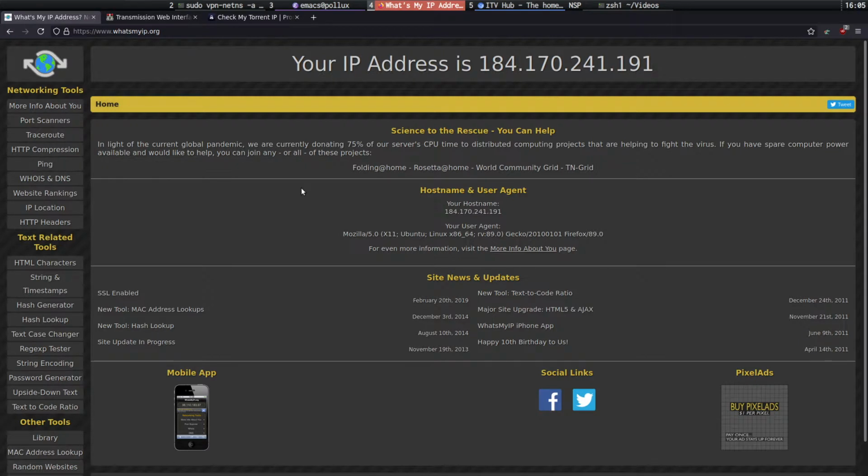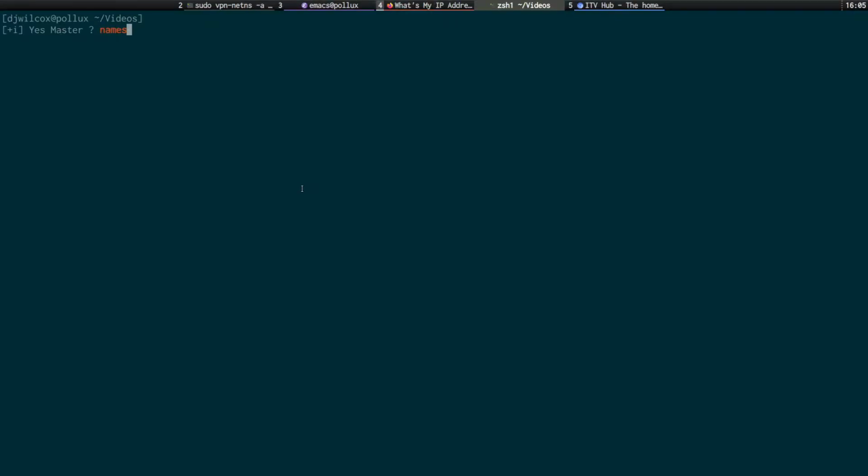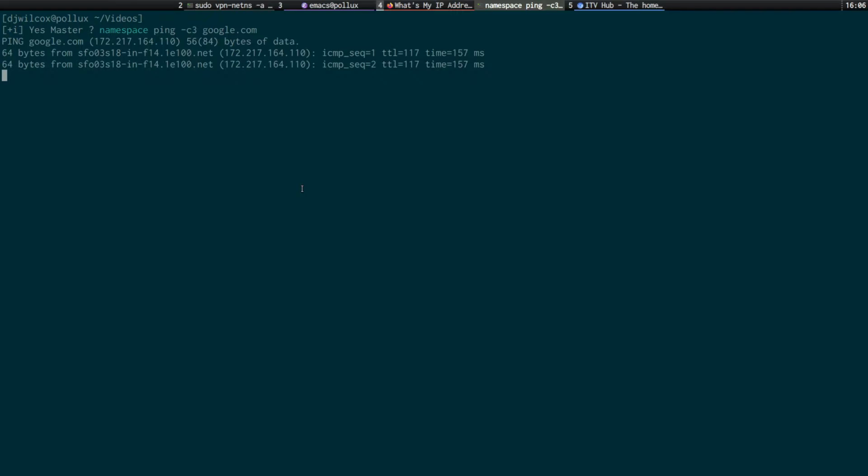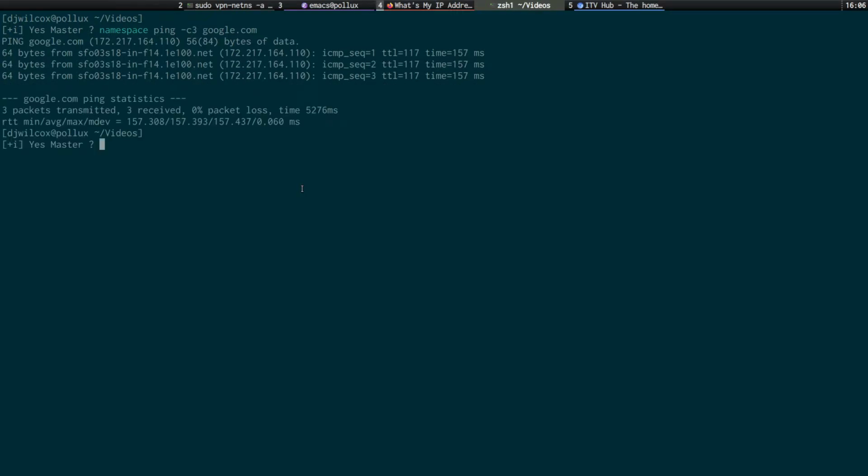And again, it allows you to run commands on the command line in either your regular namespace or over the VPN, just by prefixing it with namespace, like ping -c 3 google.com. So that's going to ping Google 3 times. You can see 1, 2, 3, no packet loss, or I can just do the same thing